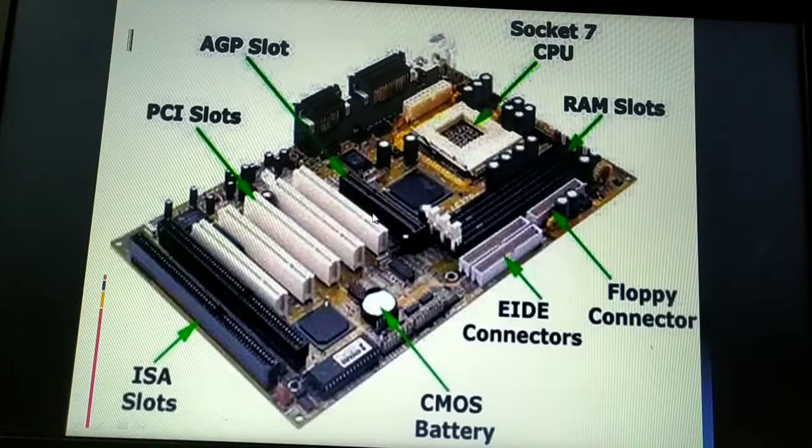Just an example I'll give you of how these expansion slots increase the capabilities of the computer. For example, if your computer does not have sound capability, then we need to install a sound card into the expansion slot.